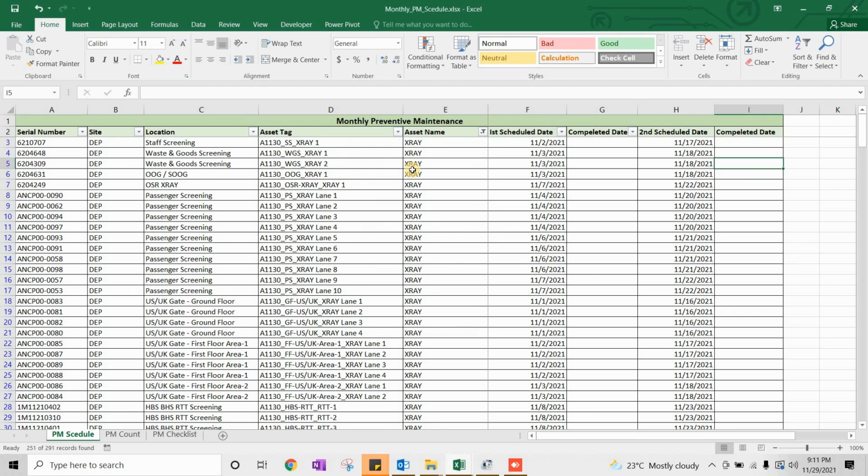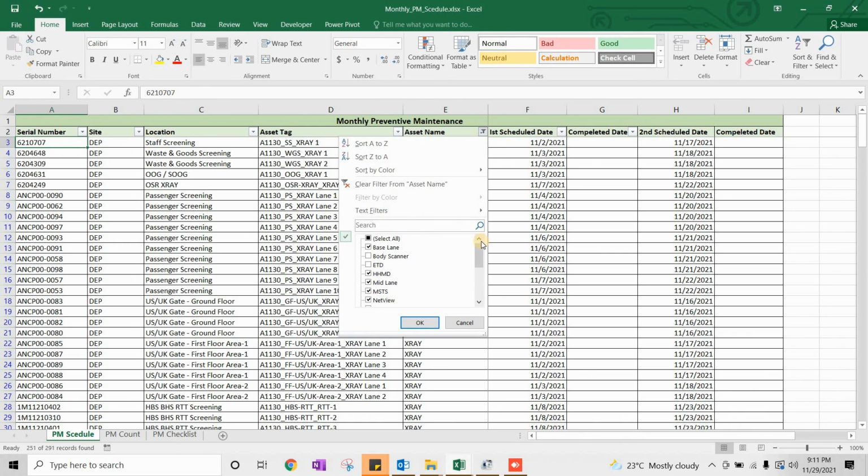So after that we have X-ray machines. So X-ray machine serial number is here. So anything which comes with the X-ray machine is a combined unit. For example, if we are doing PM in passenger screening area, so we have an X-ray machine there. So with that we have some units connected which are TRS. So TRS is a part of X-ray machine. It's only specified as separate units in the PM list, so that guys will understand that we have to work on all of these units. But for making the report, you have to think of that as a combined unit.